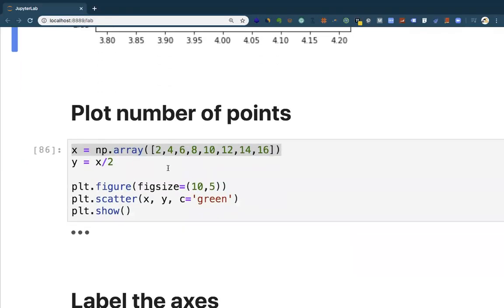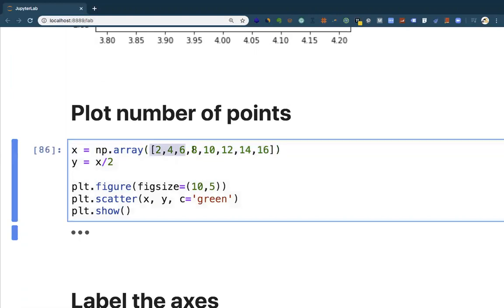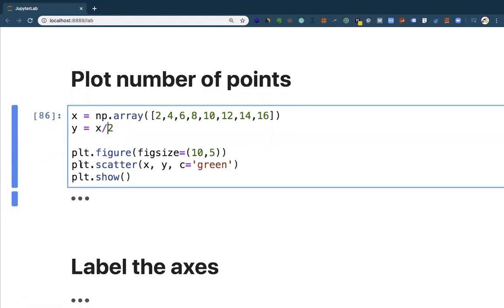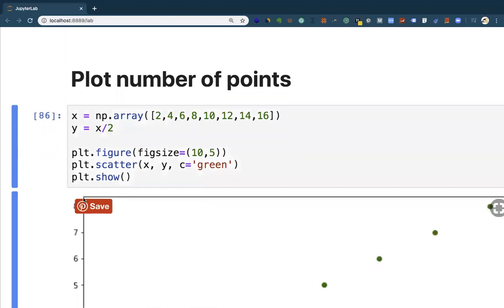But here we are generating more than one. That's why we have a list here. And then the y coordinate is just the x coordinate divided by 2. We are picking each one of them. Like if you pick 2, we divide it by 2, right? If you pick 4, we divide it by 2, right? This is what we are doing to get the y coordinates. So if we run that,